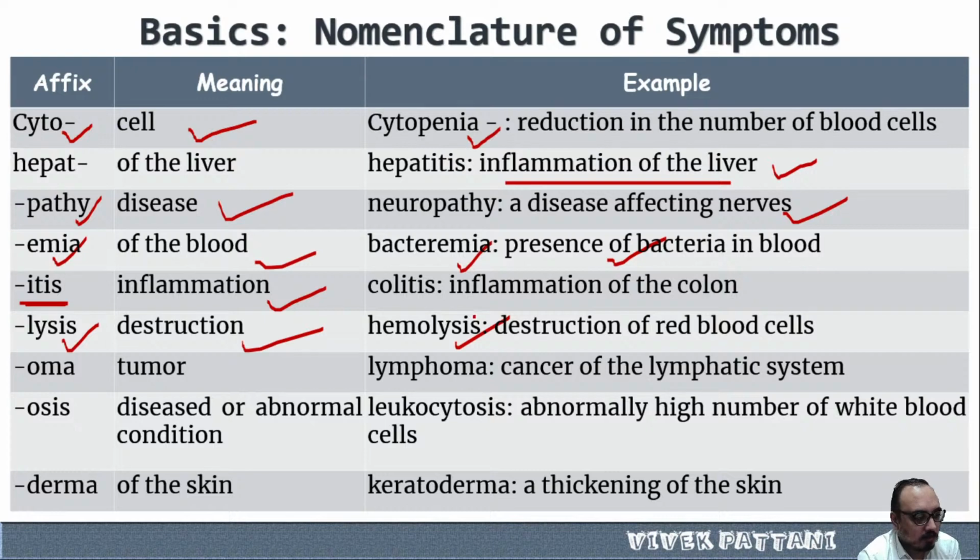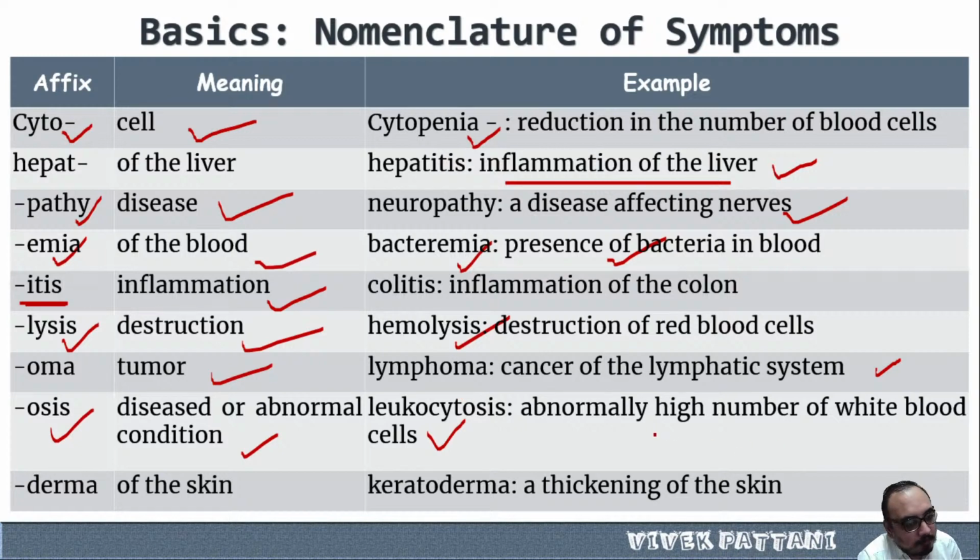Okay, it means tumor. An example is lymphoma, the cancer of the lymphatic system. Next one is osis. It is a diseased or an abnormal condition. An example is leukocytosis,